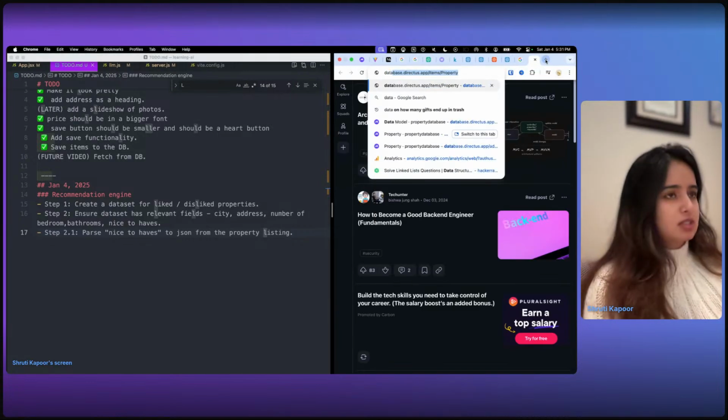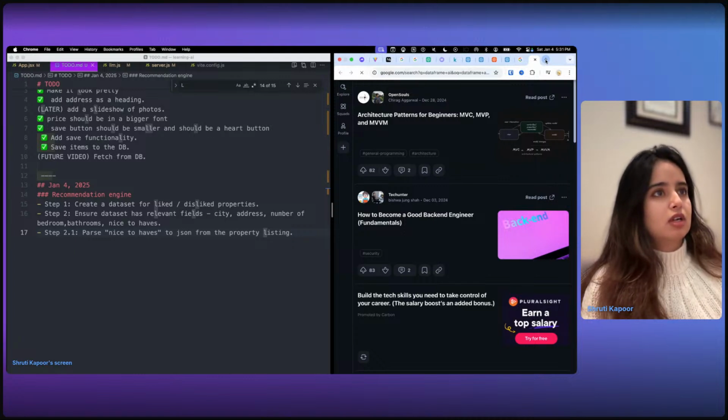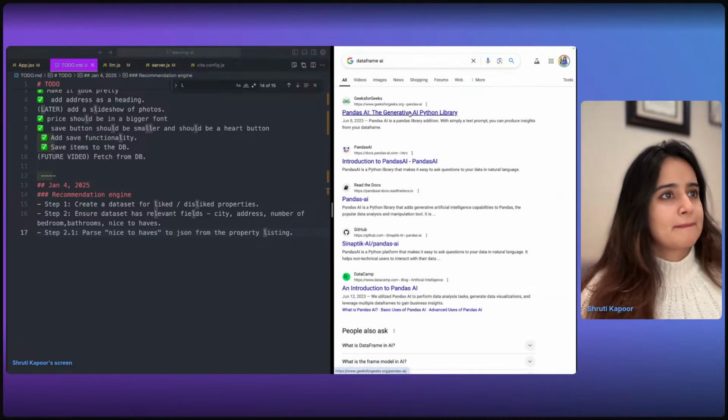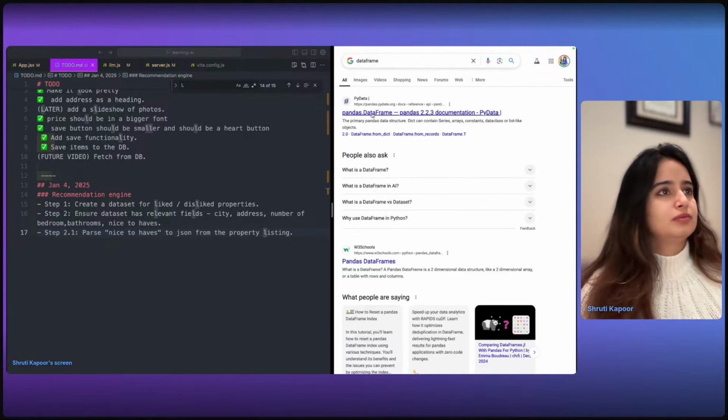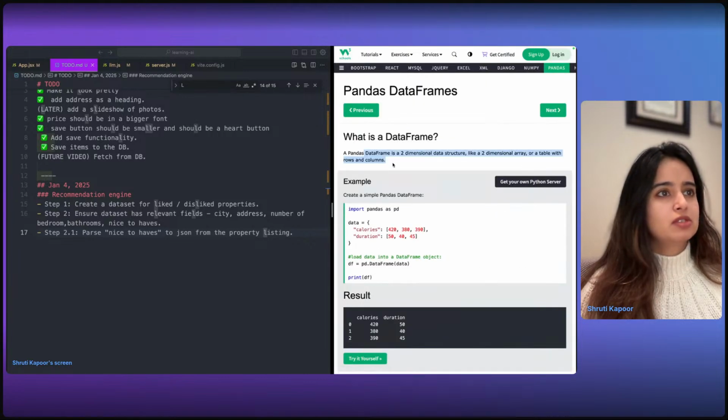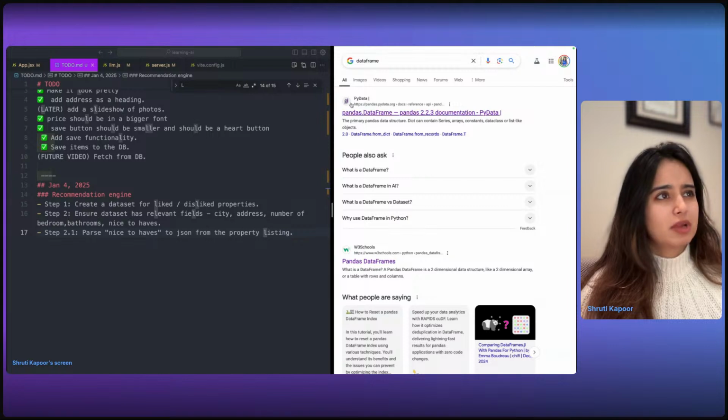Okay, let's find out what is a data frame. What is a data frame? A data frame is a two-dimensional data structure, like a two-dimensional array or a table with rows and columns. Pandas. What is pandas?